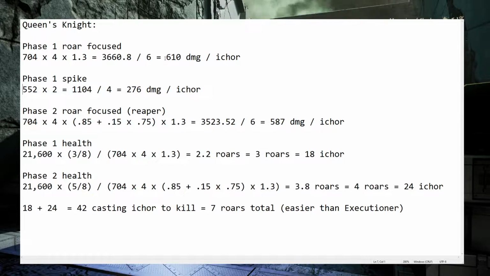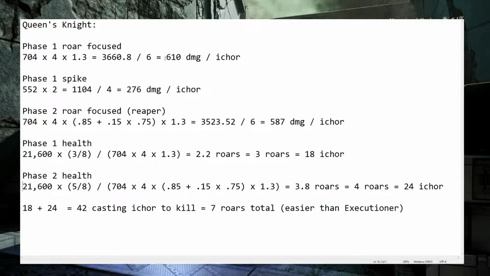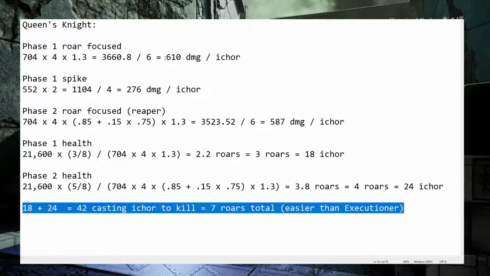Or dark impulse. And you can also see in phase 1 that we're only going to need 3 roars to make him transition, so that should be really simple. But the hard part is being focused. Then in phase 2, we're only going to need 4 roars. Then at the end, we're only going to need 7 total, and only 42 ichor to actually kill this guy, where we needed 60 ichor for